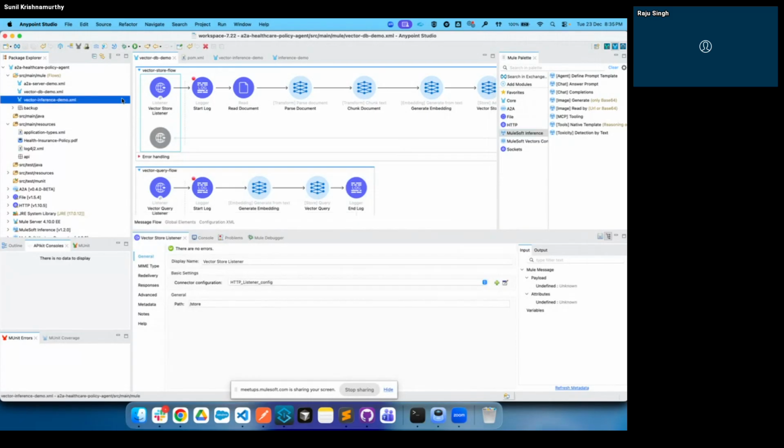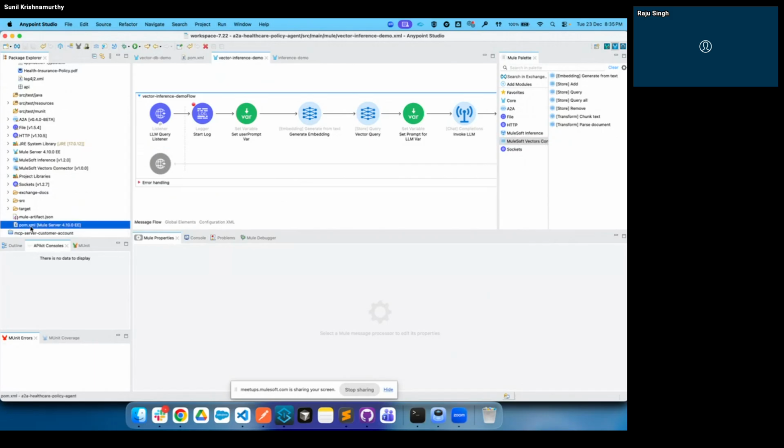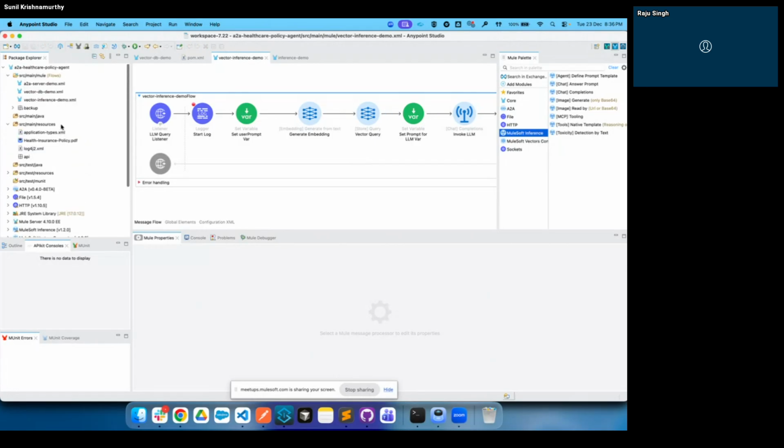So do we need to add any dependency from Anypoint Platform so that we can see this connector, or by default it is present? No, you need to add. This is a free connector, right? You need to import it from your Exchange into your Anypoint Studio. Okay. So all the vector connectors and inference connectors you can just import from Exchange, but you need to have an OpenAI